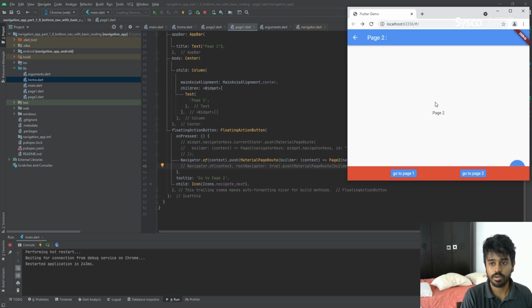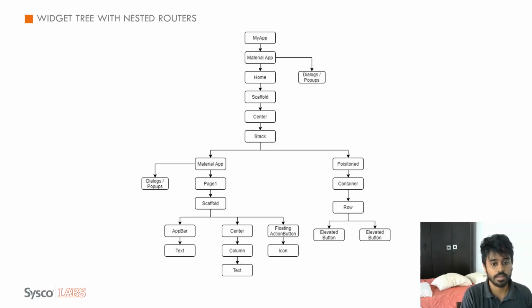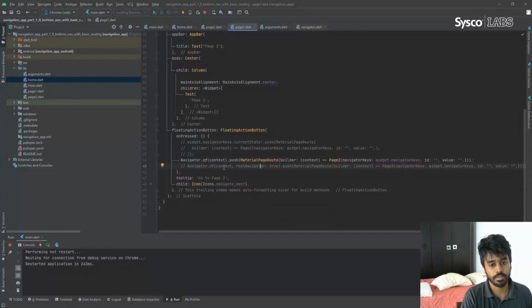As you can see, now you can go to the second page using this context, because now the context is being created and you can access it. Because page 1 has the material app context, you can access the navigator. But in case you want to access the root navigator, you can do that as well.